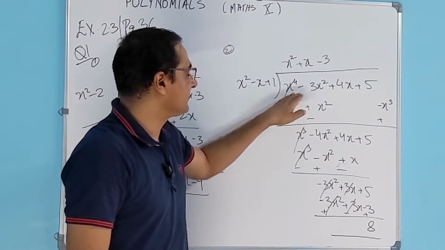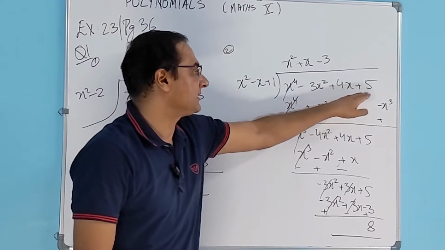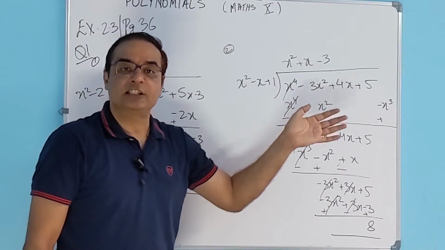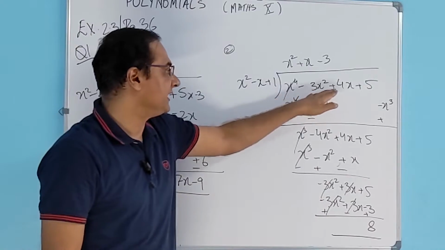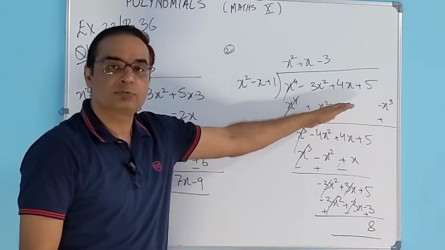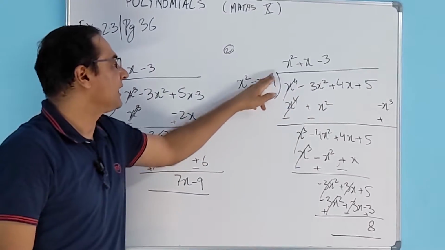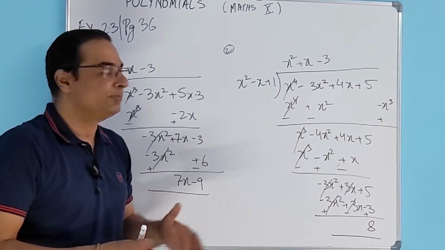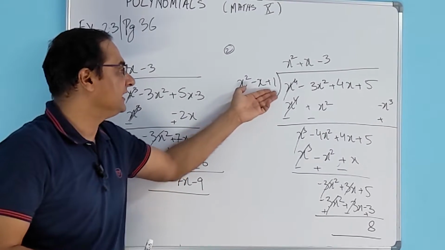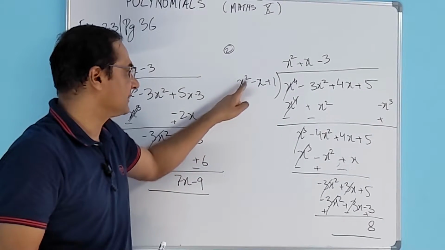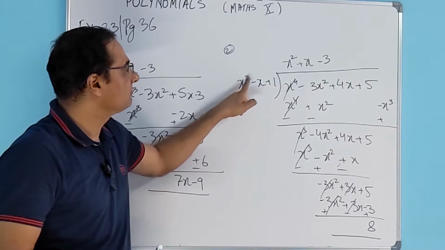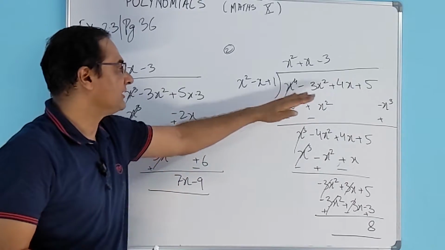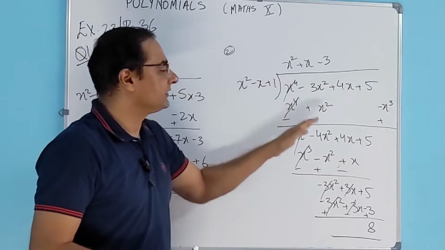Again we are given x raised to the power 4 minus 3x square plus 4x plus 5 as the dividend. So we look at the terms and we arrange them in decreasing order of the variable, which is x. So this is in good shape, so we'll write that as is. Now if we look at the divisor, it's x square minus x plus 1. If it is not in the correct form, then we need to make sure that we write that in the decreasing order of the variable. So we write x square, which has degree 2, this term has degree 1 and this term has degree 0. So once we have arranged this in the first step, we then go ahead and divide.